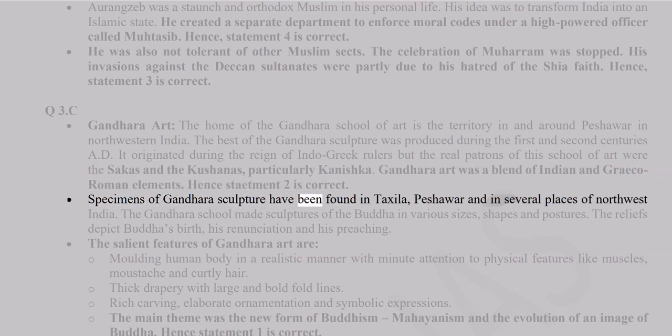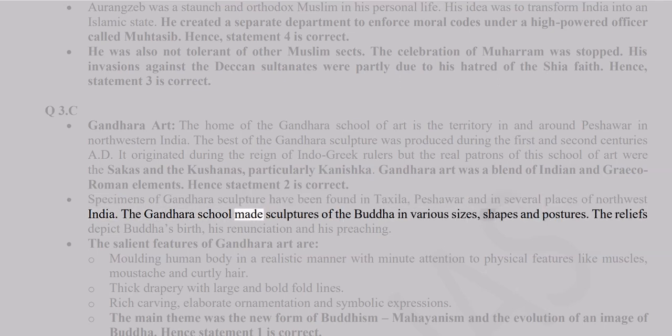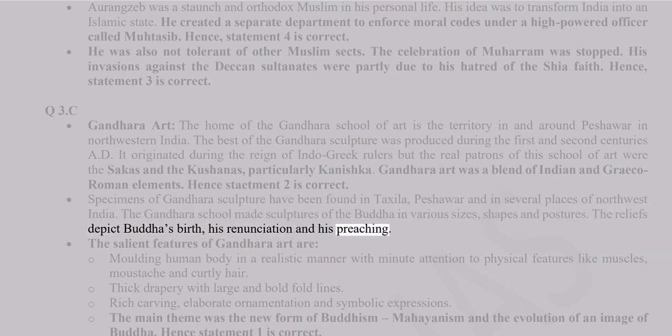Specimens of Gandhara sculpture have been found in Taxila, Peshawar, and in several places of northwest India. The Gandhara school made sculptures of the Buddha in various sizes, shapes, and postures. The reliefs depict Buddha's birth, his renunciation, and his preaching. The salient features of Gandhara art are: